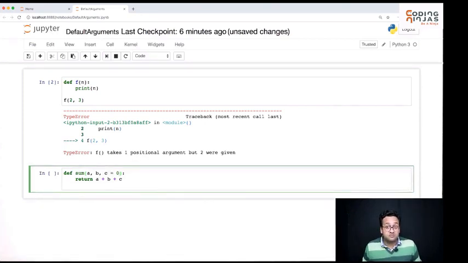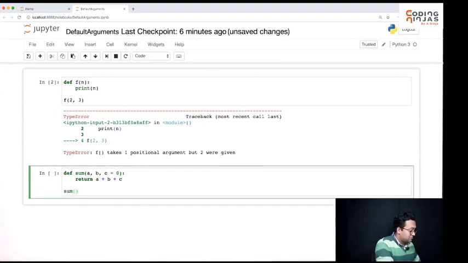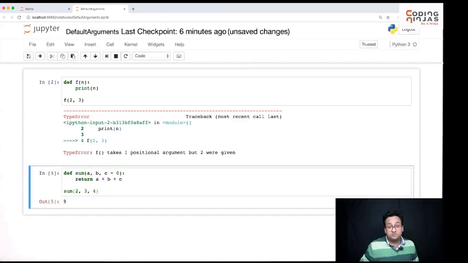That basically means I can decide whether I want to give c or not. If I give two arguments, c will by default be taken to be 0. If I give three arguments, the third value will be used as the value of c and 0 will not be taken. That basically means I can call sum 2, 3, 4. It gives me 9, which is perfect.